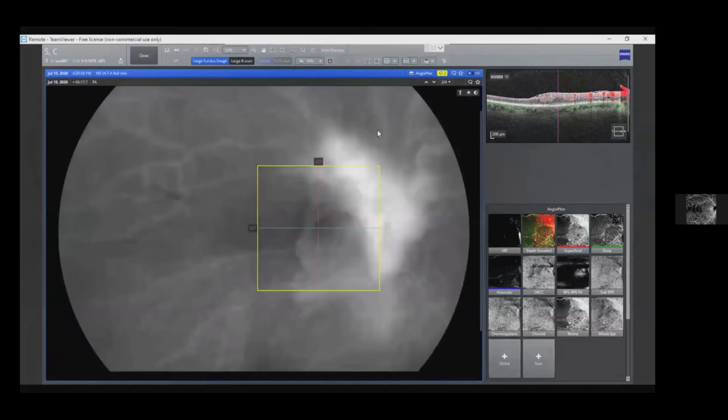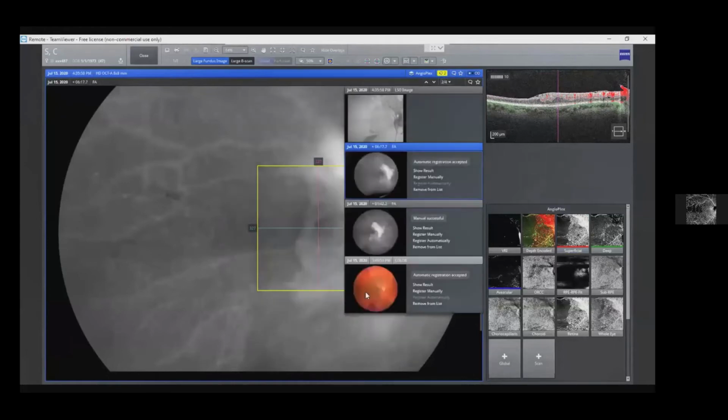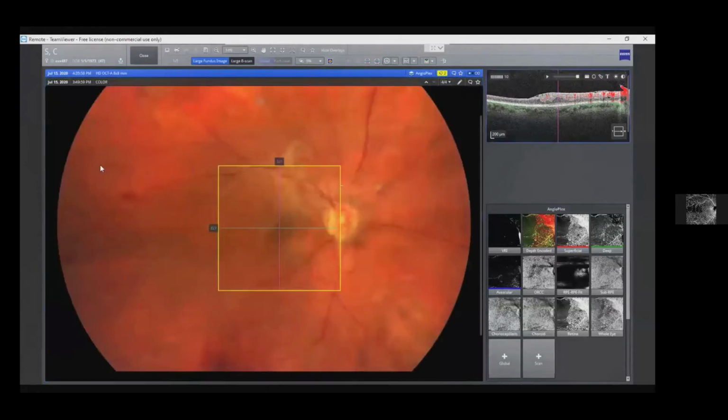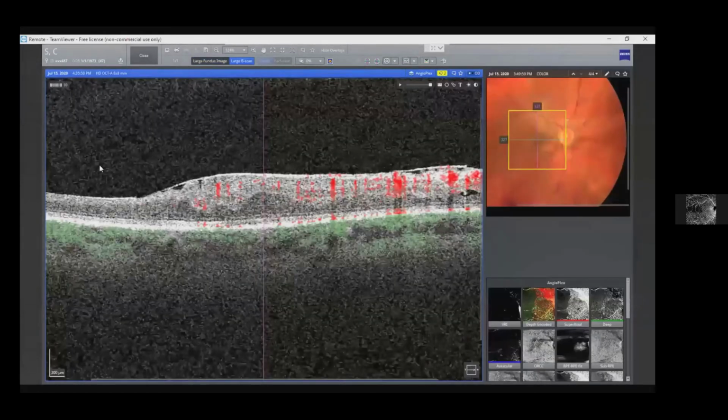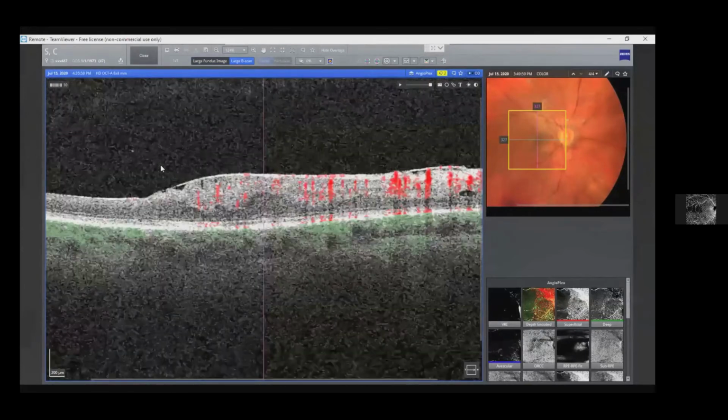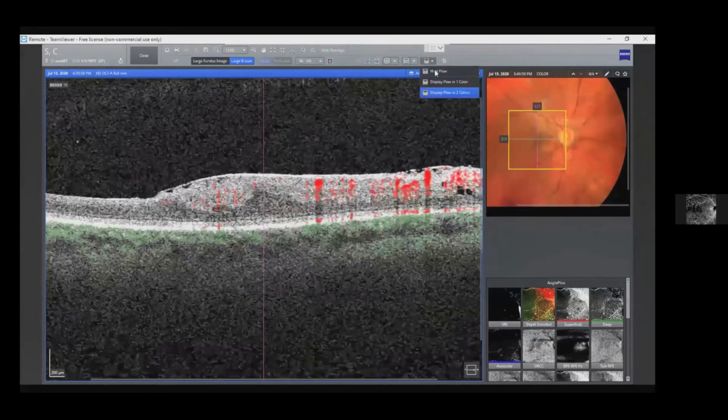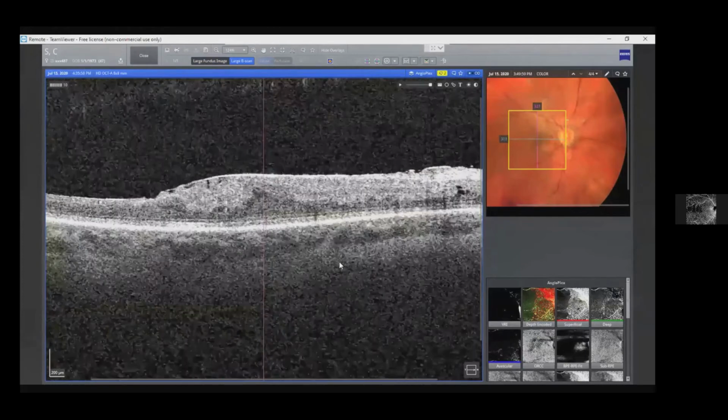We can also look at a later phase angiogram here just by clicking. So again, you see how we get around all the different images just by a few clicks, and then we can use our overlays. Also, there's the cross-sectional data, which is here above, and we can highlight that by just double clicking and bringing it into the larger pane. And again, here's our cross-sectional data. Right now we have the OCTA flow overlay here, which is nice, but that can be distracting. So if you want to remove that, you can simply just hide that flow,